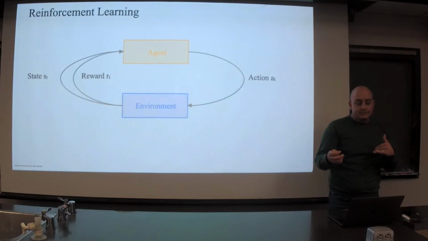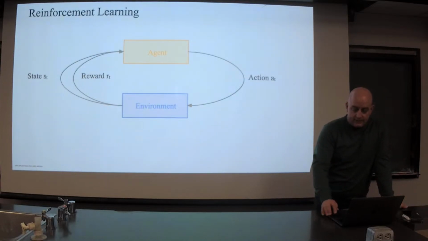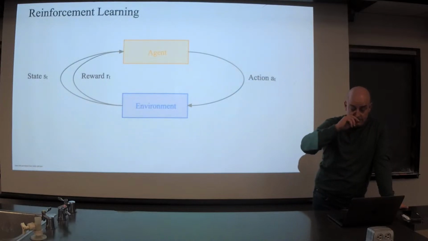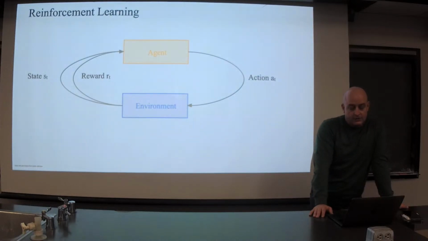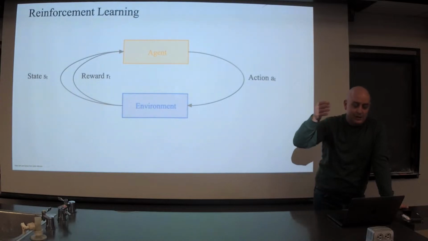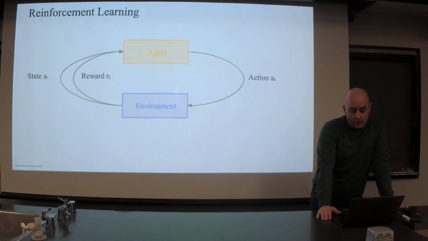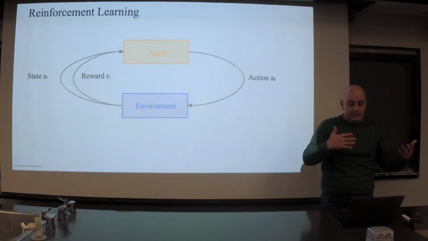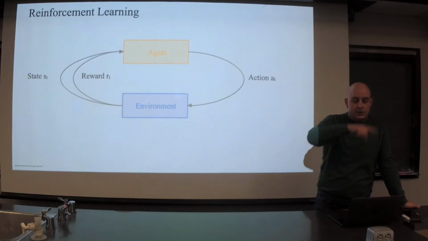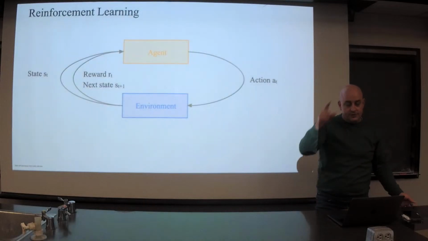Whenever it takes that action, there's typically a reward provided to the agent, and this is the signal that is used for learning. We're going to go through a bunch of examples. Because this is a neural networks course, expect there to be some way of representing rewards and how they're obtained through neural networks in response to actions taken in certain states. But there's a temporal sequence to this.